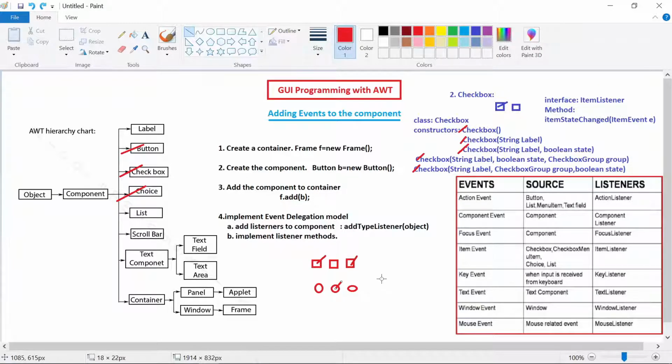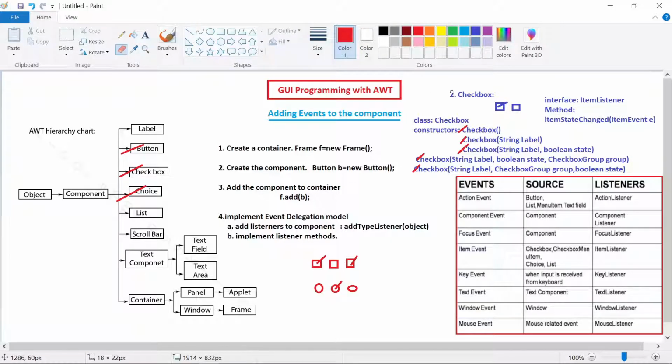Remember, for creating the choice buttons also, we are going to use the Checkbox class only, and along with that we are going to use one more class, the CheckboxGroup class. So keep your heading, all of you: how to create the choice button.